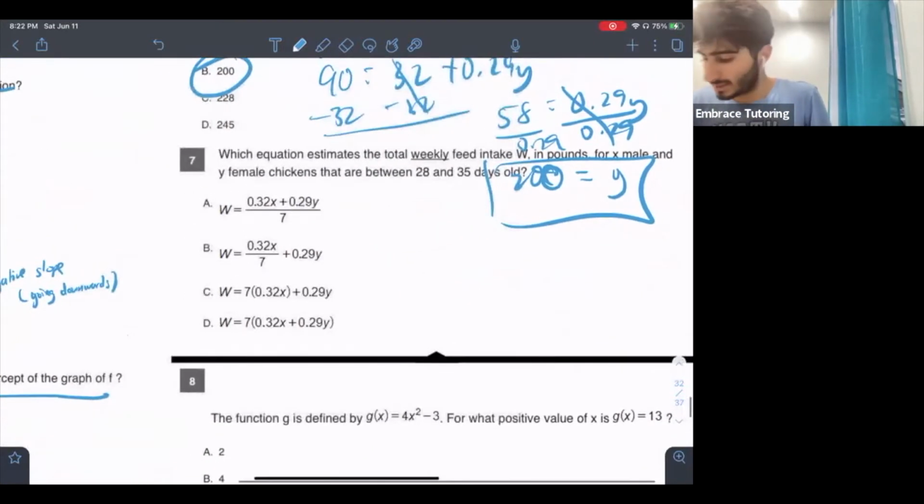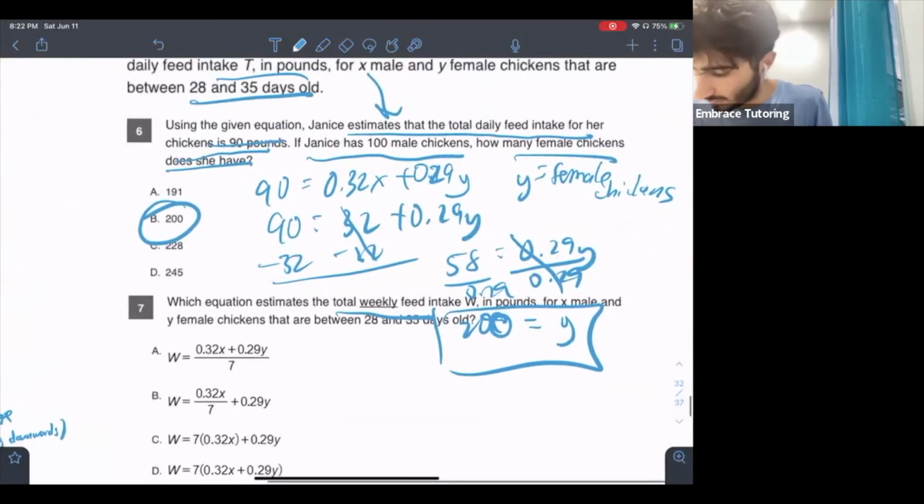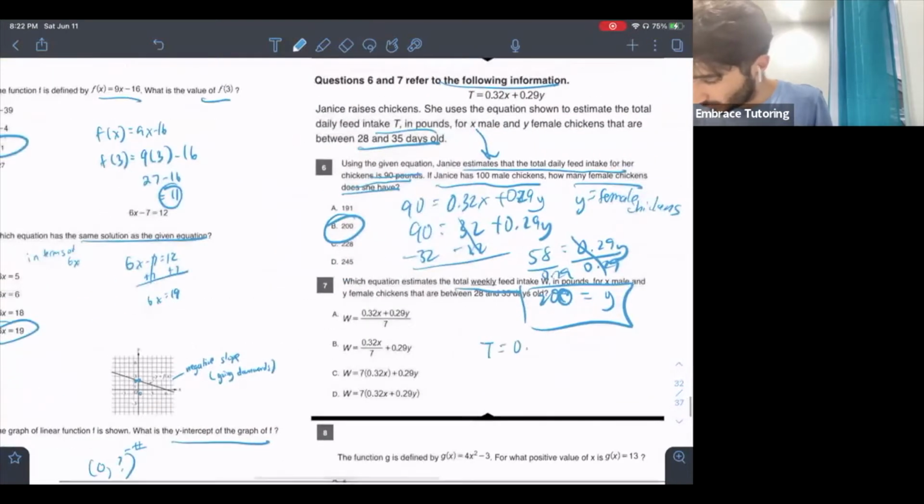Which equation estimates the total weekly feed intake W in pounds for X male and Y female chickens that are between 20 and 35 days old? So now you have the original equation, which is T is equal to 0.32X plus 0.29Y, right? And now what you have to do is